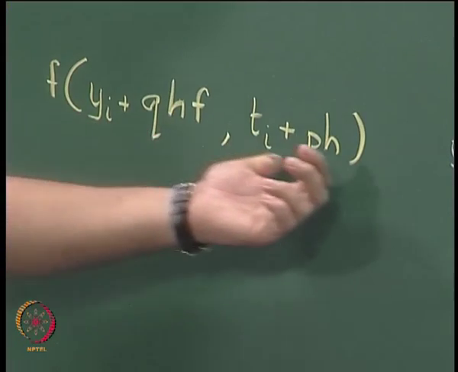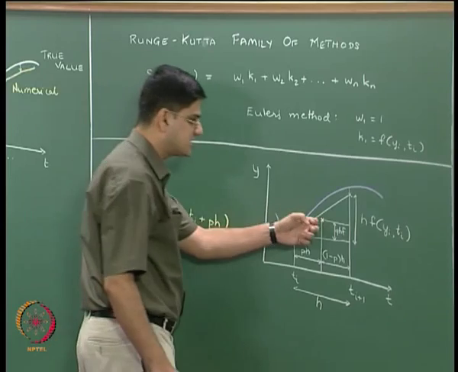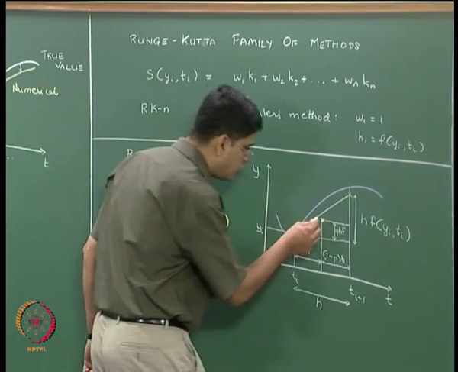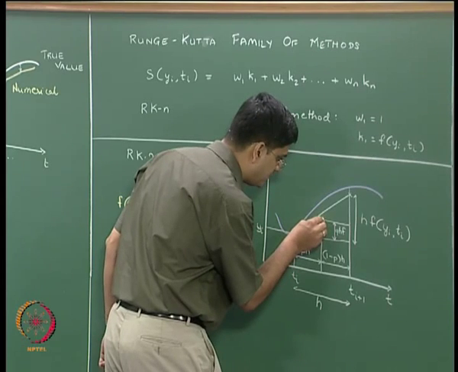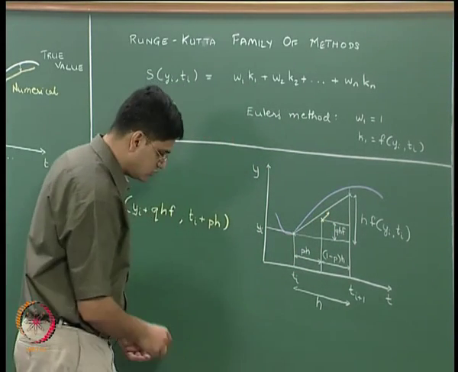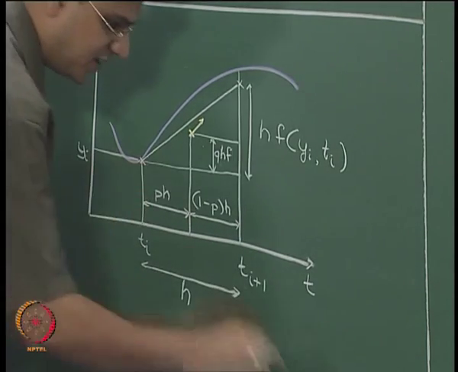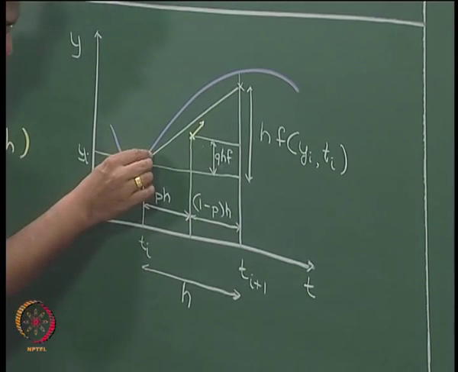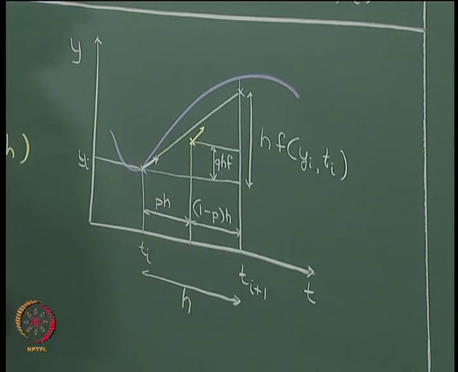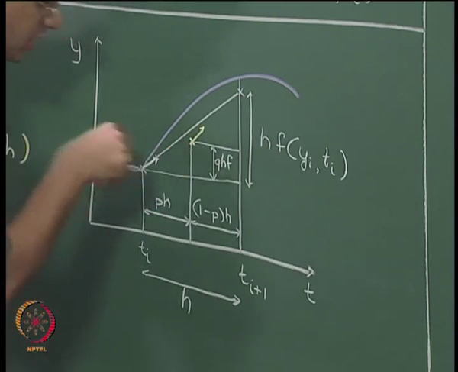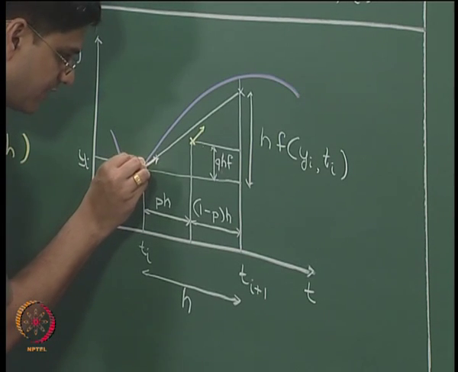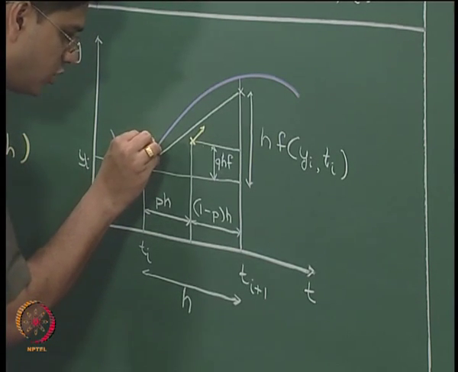Okay. So, this is the slope that is computed at this yellow point. Okay. So, the slope computed at this yellow point perhaps is going to look somewhat like this. Okay. So, the slope computed at the point yi, ti is this white arrow over here. The slope that is computed at this yellow x, we are going to just show that as this yellow arrow.